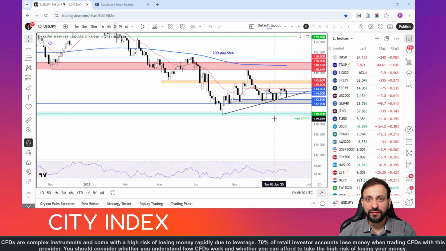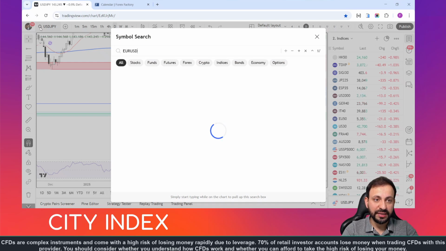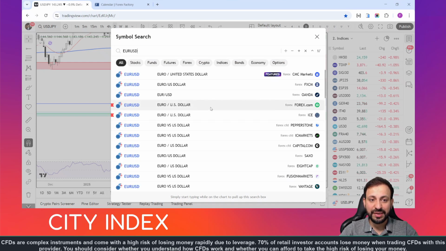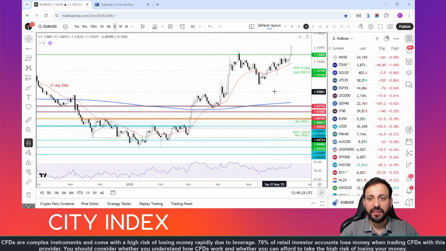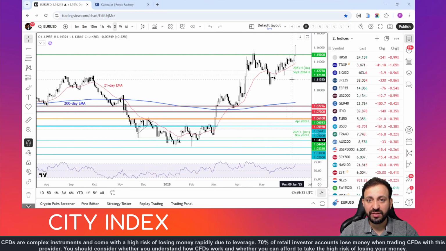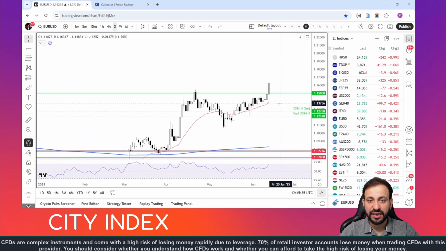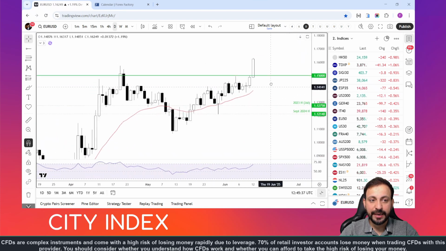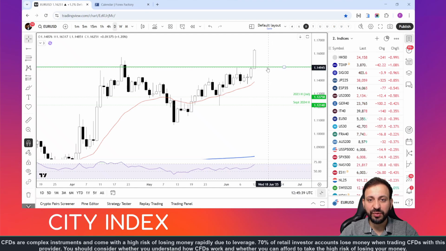The dollar is also falling across other currencies, including the euro. The euro dollar is now above the 116 handle. And it has taken out key resistance and a psychologically important level at around 115, as you can see on this daily time frame of the euro dollar. So this level is now going to be very important in the days and weeks to come. And for as long as we remain above this zone, the path of least resistance will remain to the upside.